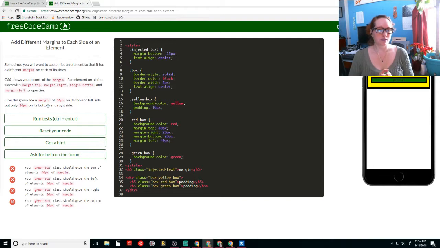Margin of 40 pixels on its top and left side, 20 on its bottom right. So, okay. Then they have the box. What the box is, it's a solid line. It's black, it's 5 pixels wide, and it's centered on the row that it's in. Okay? This is a total yellow box here. Background color yellow. Did you know that that was the color yellow? And padding is 10. That's that little tiny space we're seeing right there along the line. That's the padding of 10 pixels.